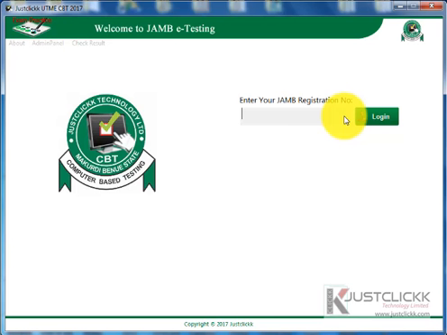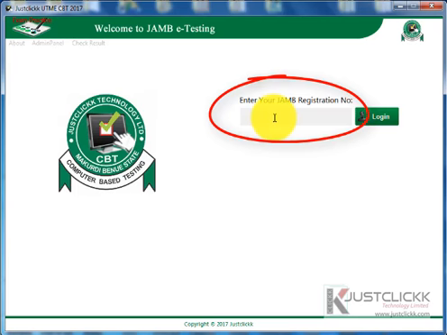I would like to let you know that your success on JAMB depends on your competence on a CBT platform like this. On JAMB Day, you will be provided with a similar interface, and the first step that will be required of you is to enter your JAMB registration number in the input box provided, something around here. So type in your JAMB registration number, then you click the login button,